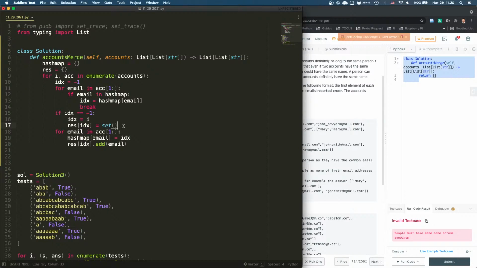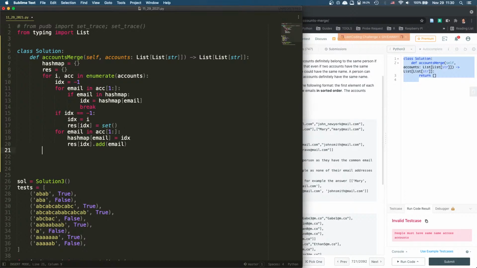And then for everything, we hash map the email to the index. So if this is not -1, then we have something already in the res, and we have the index and hash map. So we just convert the same index and the res to this. Once we're done, we simply return